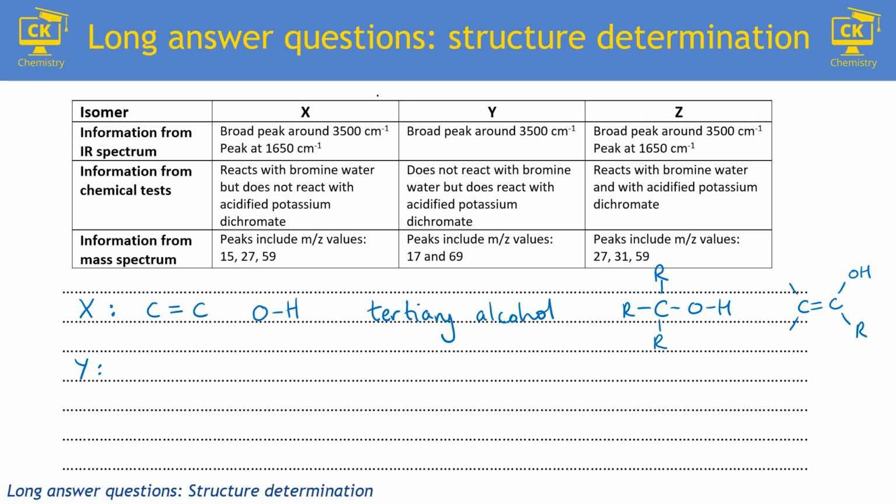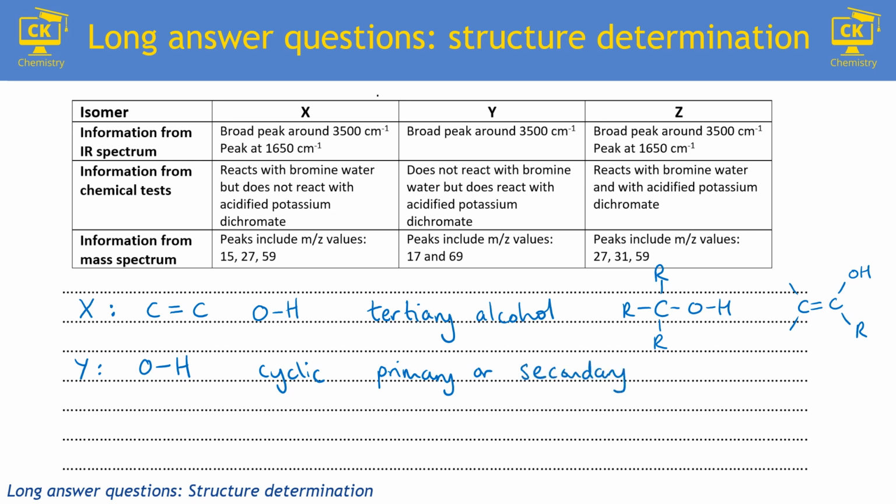Why does Y only have that OH bond in the infrared, and not react with bromine? So rather than just going, okay, it's just an alcohol, we've still got to remember that thing about the molecular formula, meaning it has 2 fewer hydrogens. So if it's got no C double bond O and no C double bond C, it must be cyclic, and that's the most likely thing that people would miss in this question. So Y is a cyclic alcohol, but we also know that it is primary or secondary because it does react